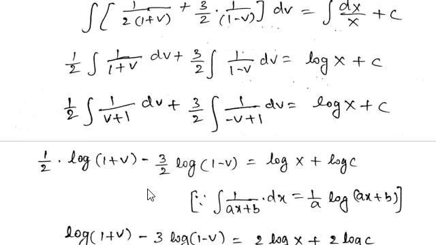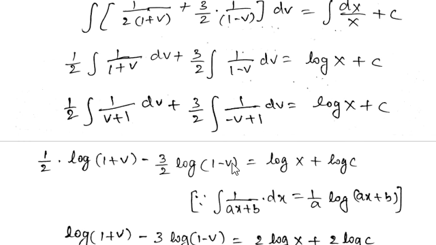Here plus is there, and we got minus. When you compare this term with the earlier term, in the place of a we have minus 1 and b is 1, so the change is that in the place of a we have minus 1. According to that, we have to write 1 by minus 1 here, so it is plus 3 by 2 into 1 by minus 1, which is minus 1, and plus into minus is minus, so you write minus here. So minus 3 by 2 into log of (ax plus b): in the place of a you write minus 1 and for x you write v, so minus 1 into v is minus v, plus b you write 1.